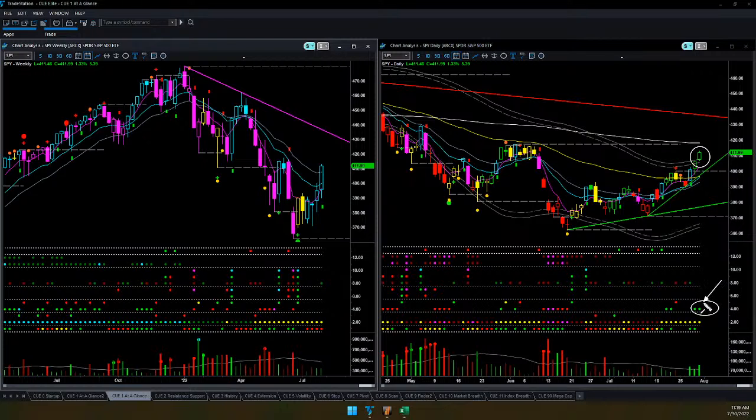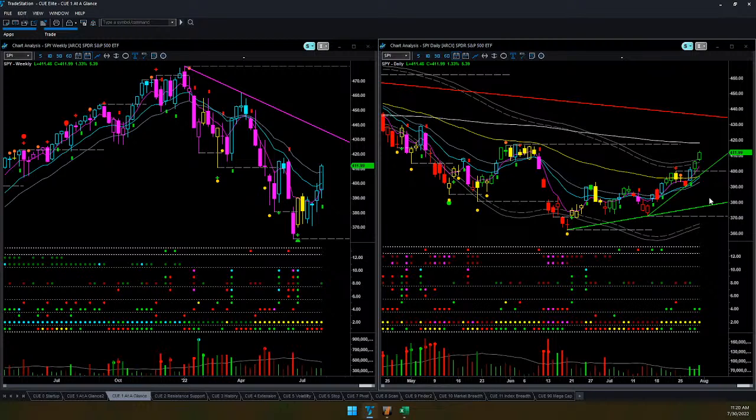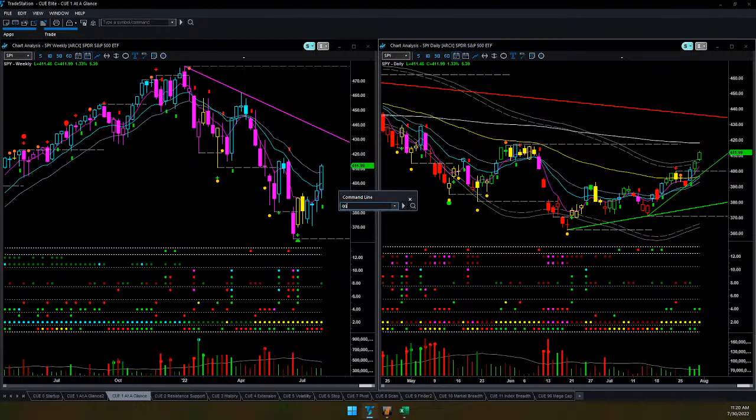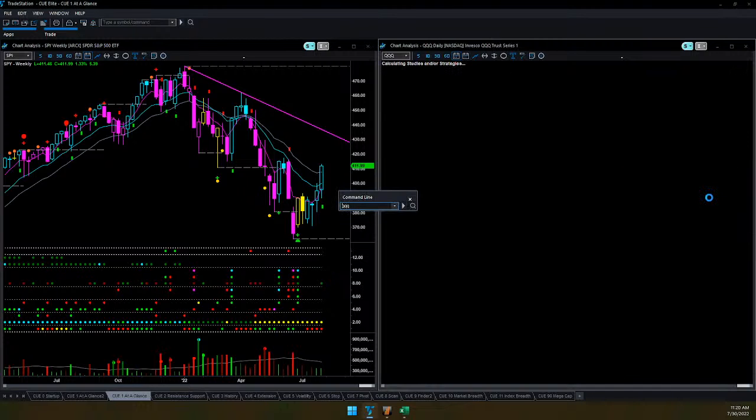The daily SPY chart is overbought. I am not going to buy SPY now. The recent low is far away. It is certainly bullish but overbought. QQQ,